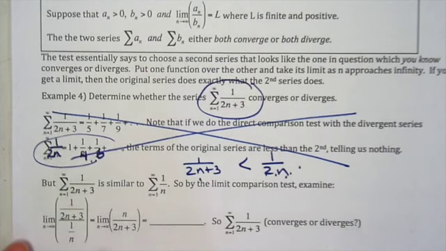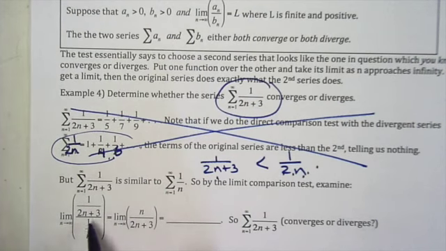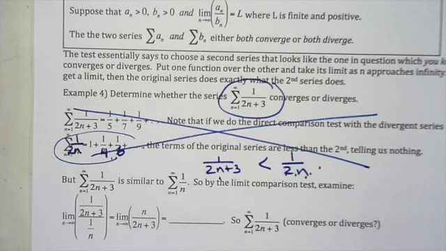So what we're going to do is take the limit of the original divided by what you're comparing to. It actually doesn't matter if you flip it or not. If I rewrite this as a multiplication problem, it gets multiplied by the reciprocal, so this becomes this, which is what I have up here. We're taking the limit as n goes to infinity, degrees are the same, ratio of the lead coefficients gives me